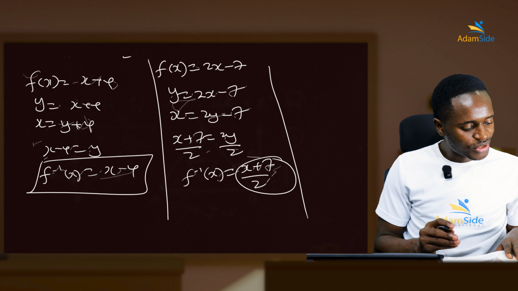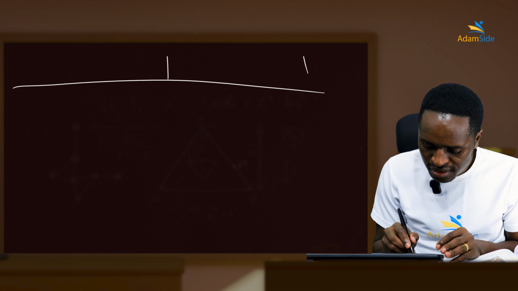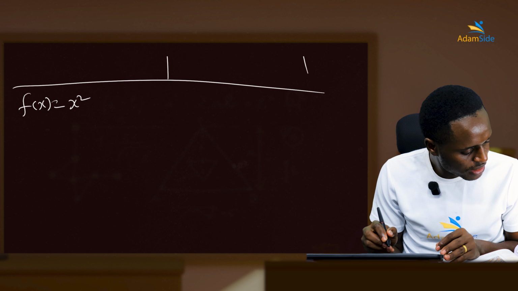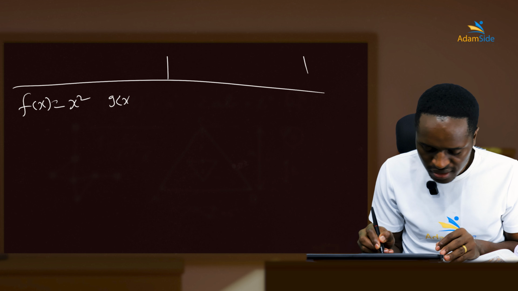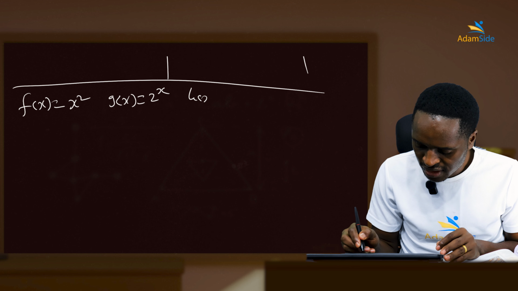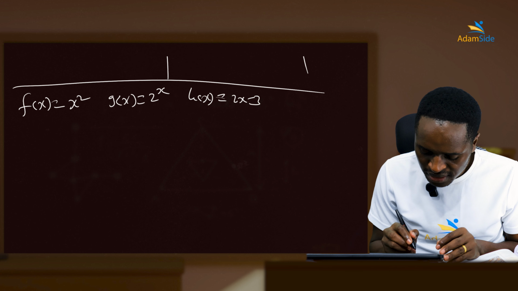I can give you some questions for you to do. Let's say f of x is equal to x squared and g of x is equal to 2 power x and h of x is equal to 2x minus 3. So find